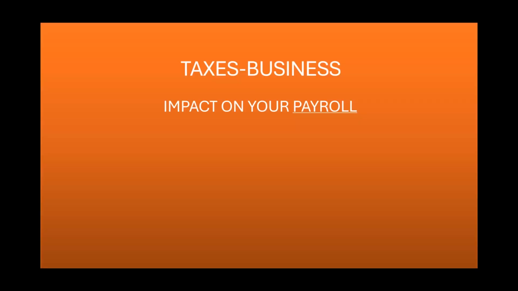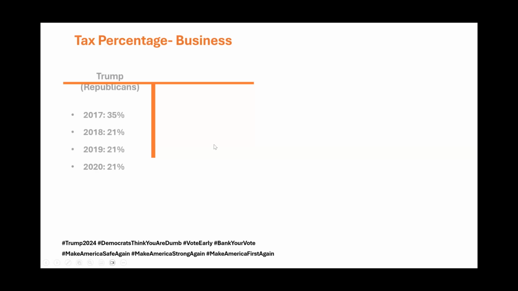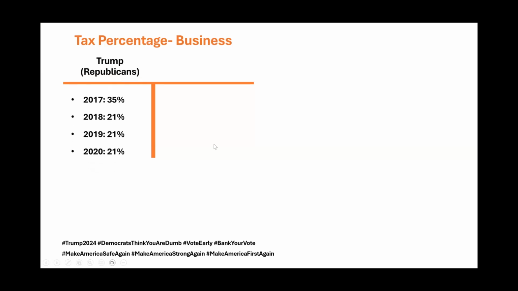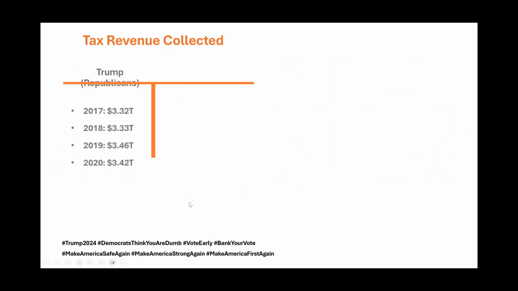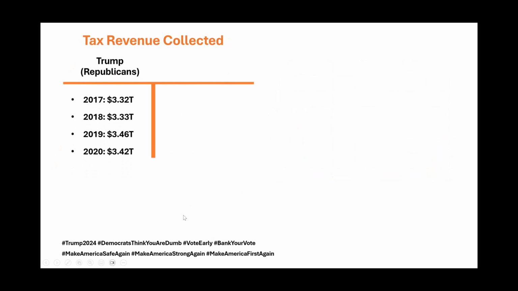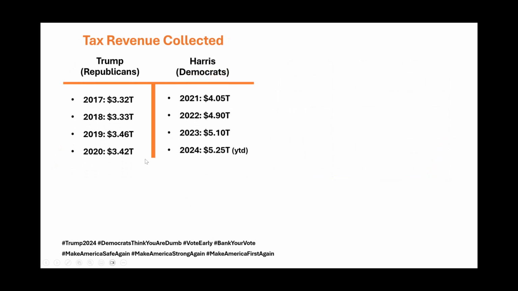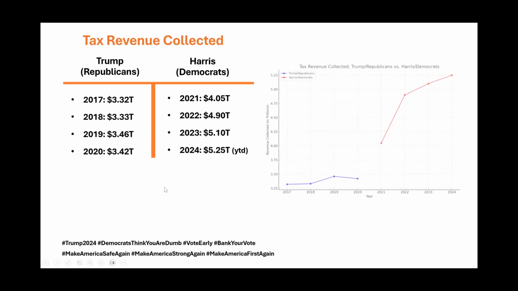just continued to escalate. How about taxes on businesses? What's the impact on your payroll? Well, the percentage business under the Republicans, after some of the implementation under Harris and the Democrats, graphically, it's very simple to see. Trump implemented the tax reductions, they went into effect. Harris and the Democrats have a little different policy, and that impact is dramatic. We looked at it differently too, though. Revenue collected. This was a great little slide when we did it. The difference between Republican policy and Democrat policies. These are policies that impact you on a daily basis.